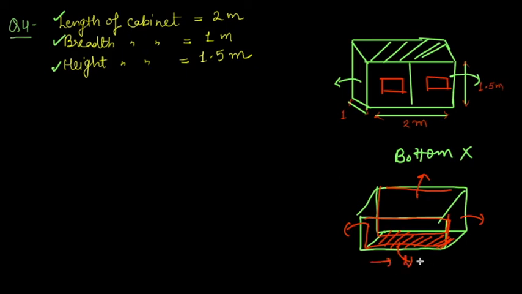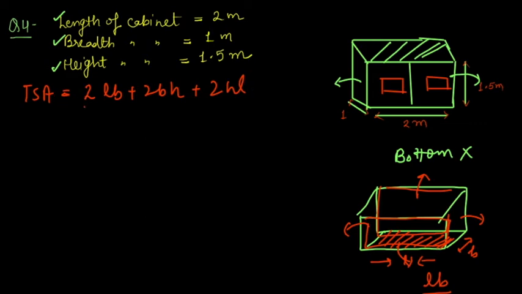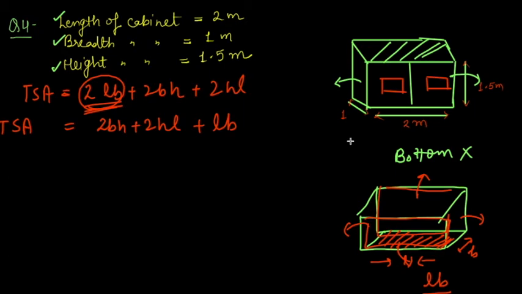And this is your L and this is your B. The area of this bottom is LB, right? So we know the TSA of cuboid was how much? It was 2LB plus 2BH plus 2HL. But from here, she has not painted the bottom. It means from your 2LB, you have to subtract LB. So what will be the formula for this case? For this case, your formula becomes 2BH plus 2HL, but you have to subtract 1 LB, which gives you LB only. So for this particular question, your formula will change, because you have to remove the bottom, which is your LB from here, right?